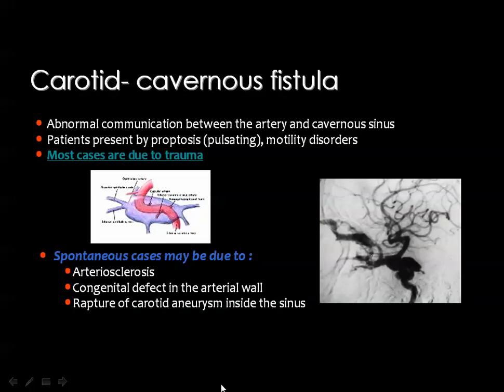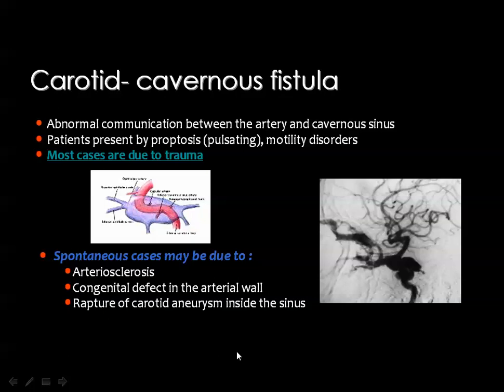Carotid cavernous fistula means that there is fistulous communication between the intracavernous part of the carotid artery and the cavernous sinus. The causes are usually traumatic in most cases, but arteriosclerosis of the artery may weaken the arterial wall and lead to the fistula, or a congenital defect in the arterial wall, or if the artery is involved by an aneurysm and the aneurysm has ruptured inside the cavernous sinus, it will result in the same issue. Then one of the important